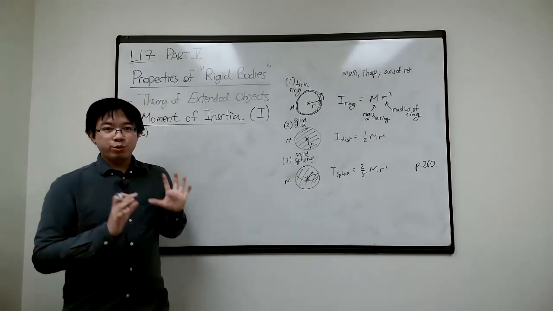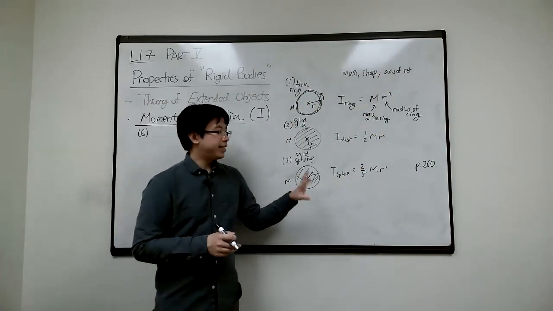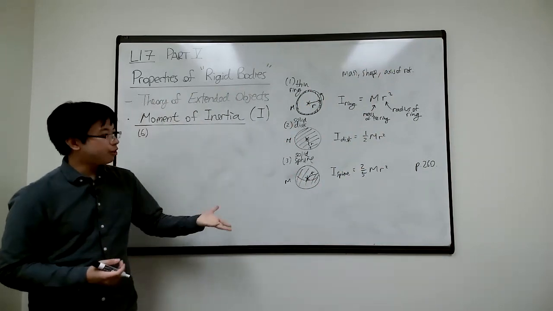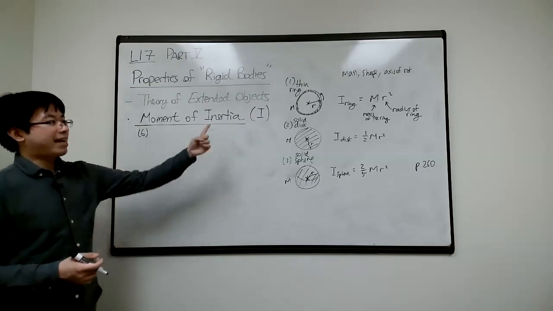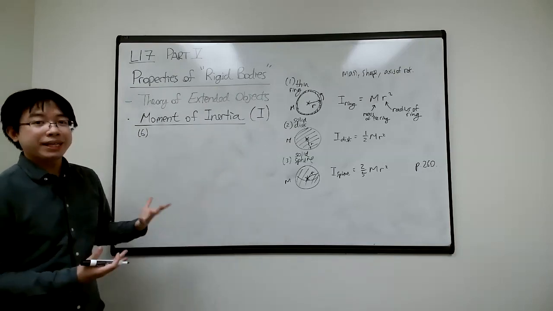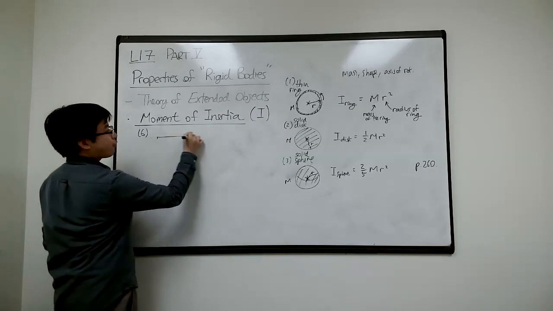But for point masses, you need to know how to figure out the moment of inertia if you're given a couple of point masses, just like the previous example. But anything more complicated than a couple of point masses, like a continuous object like this, you'll be given these formulas. Okay, so for a rod,